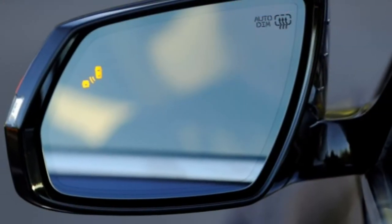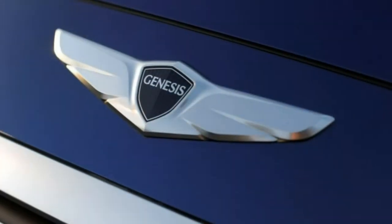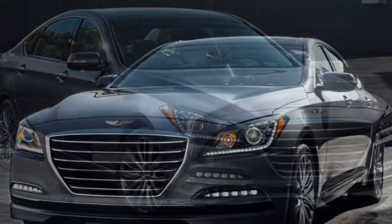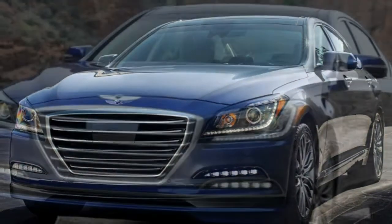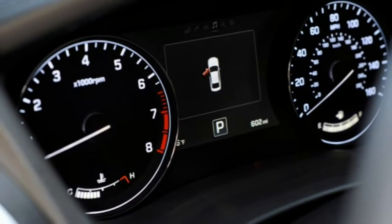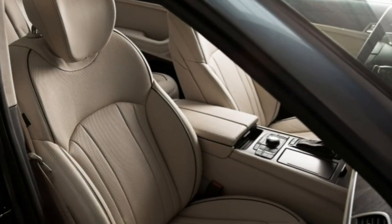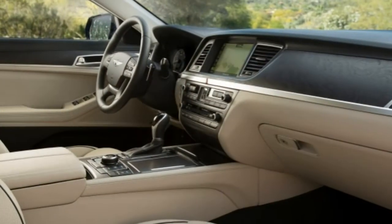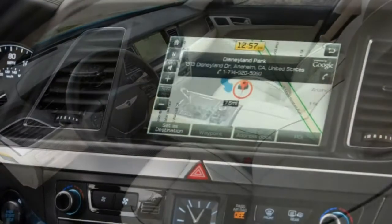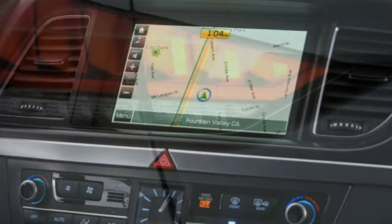Safety. The 2016 Hyundai Genesis comes standard with anti-lock brakes, traction and stability control, active front head restraints, dual front airbags, front and rear side airbags, full-length side curtain airbags and a driver's knee airbag. Also standard is Hyundai's Blue Link 2.0 connectivity suite, which features automatic crash notification, an SOS button, on-demand roadside assistance, remote door unlocking and remote start, geofencing, allowing owners to set limits for teenage drivers,